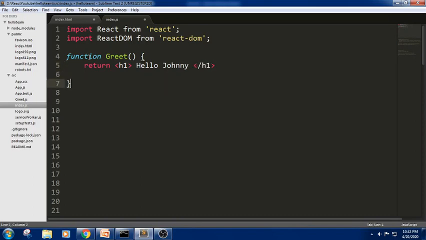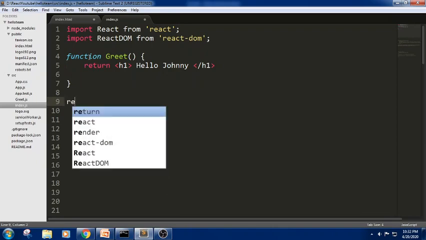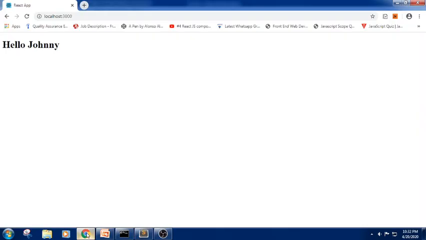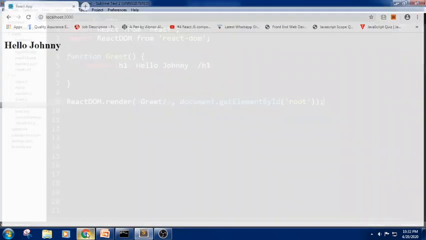If I want to render this, we have something called ReactDOM.render. In this we can pass the elements or the components. Here we are trying to pass the component, and where it should be displayed, that is our root content ID that is defined in index.html. So we got an output as hello Johnny.